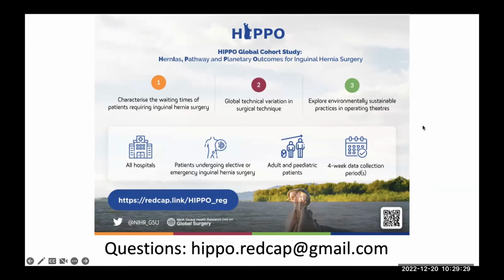But if your hospital has an audit where you can ask questions to patients and they ask for a consent form, you can find the consent form on our webpage in case that's useful. But we designed the data collection as not needing to ask the patient any questions, if that makes sense. Yeah, okay, great. Thank you.